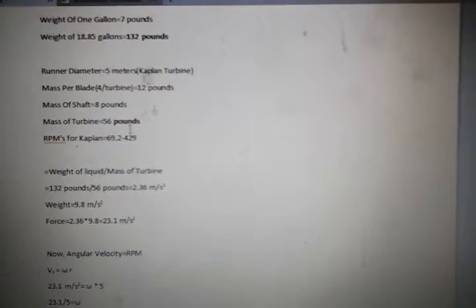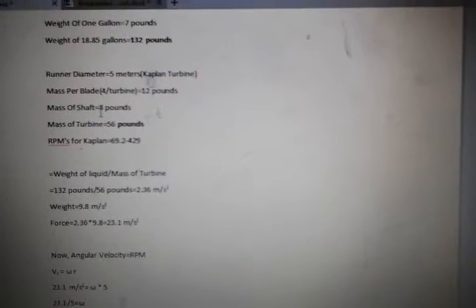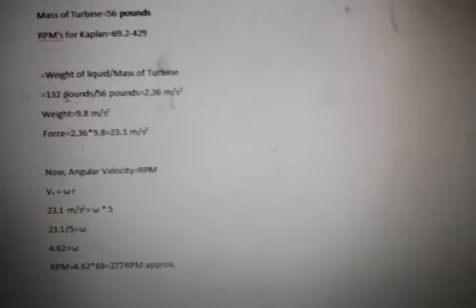So we will look at the mass of each blade. It will be 12 pounds, 4 blades. This is the mass of shaft. Total weight of the turbine is 56. RPMs required is 69 to 429, depending on how many coils will be in the generator. The more the coils, the more expensive the generator. So weight of the liquid divided by mass of turbine. 132 pounds of water being put on 56 pounds of turbine gives us the amount of force in 2.36 meters